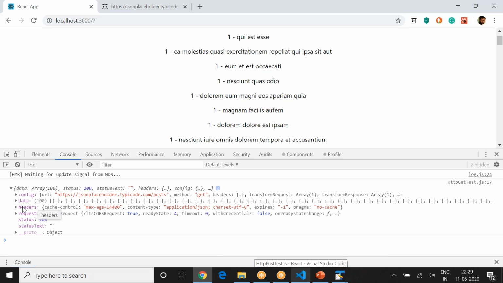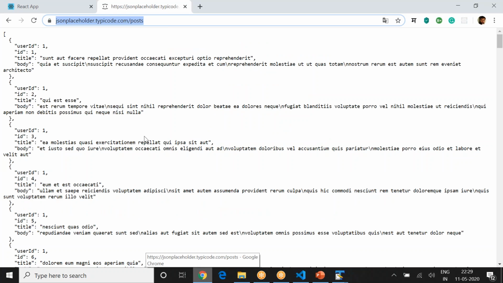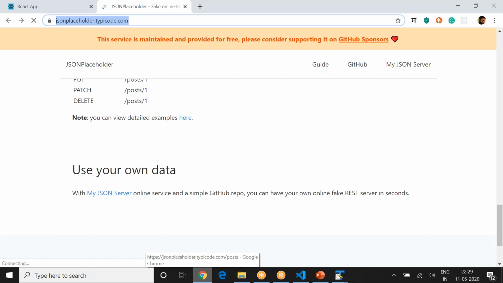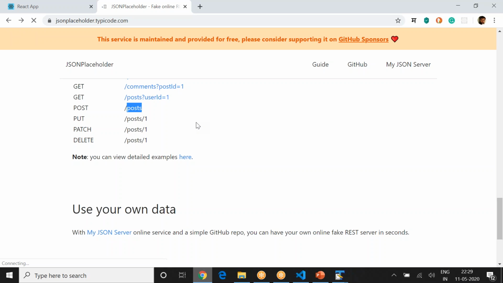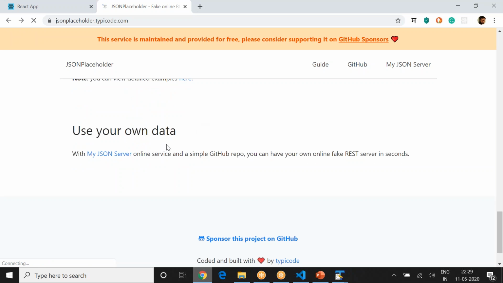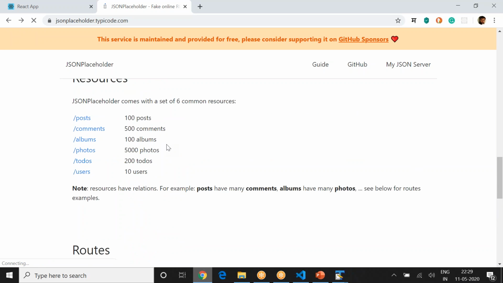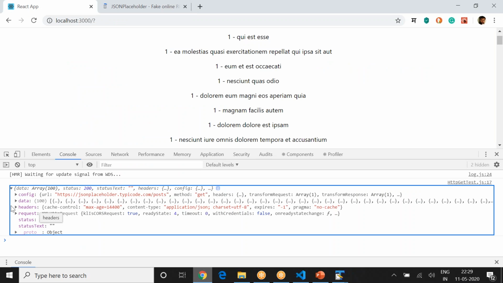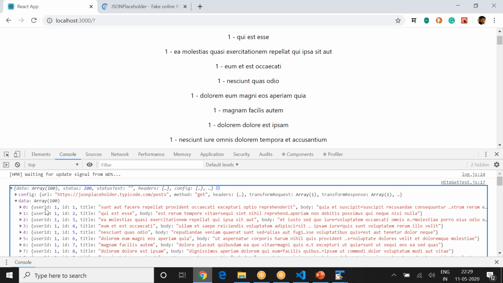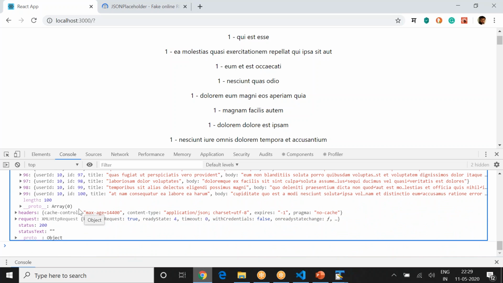So you can just see this. Sorry, not here. Here. So come back. See the post. These are the three fields which are required: user ID, title, and the body. Correct? ID will be generated, it seems, because ID is auto increment. So I don't know how to pass that. If I'm actually able to send an ID, I should be able to get an ID equal to 101. Right? Should be able to do that, right? So let's do that then.